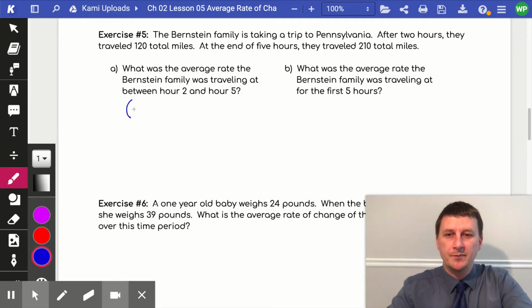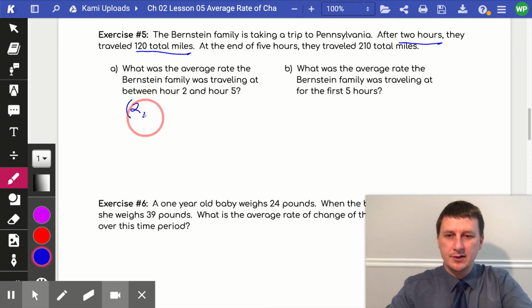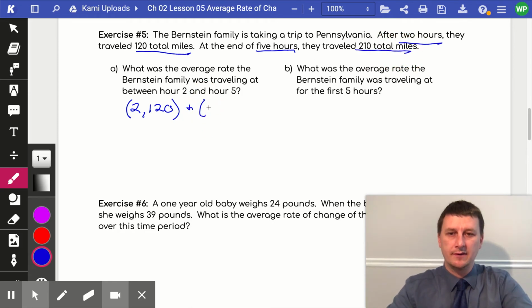So we know at hour 2, after 2 hours, they traveled 120 total miles. So we have 2 hours gives us 120 miles. We also know that after 5 hours, they traveled 210 total miles. So 5 hours gave us 210 miles. So we have enough information here to find the average rate between hours 2 and 5,